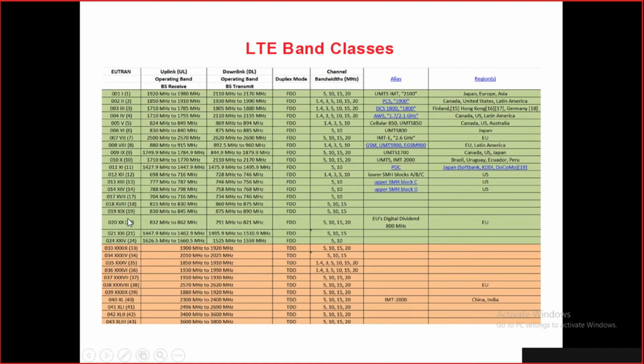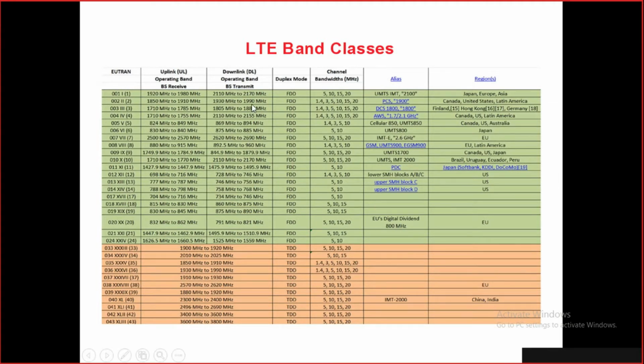And within one country, no country has all the frequencies dedicated to civilians. They have already dedicated different frequencies to police, military, defense and other organizations. So not all are available in every country for civilians. Few will be available. That country will auction those frequencies, and usually only capable mobiles will be sold there. There is no point selling a mobile in India for a frequency which is not available, and I pay unnecessarily for that. And wherever it works, I am never going to go to that country, right?